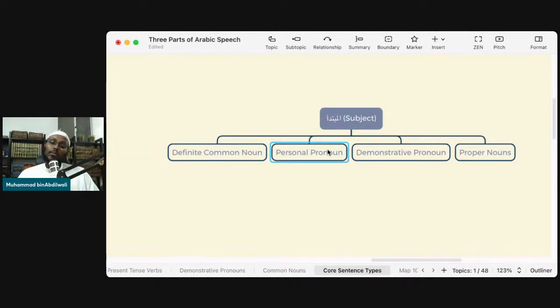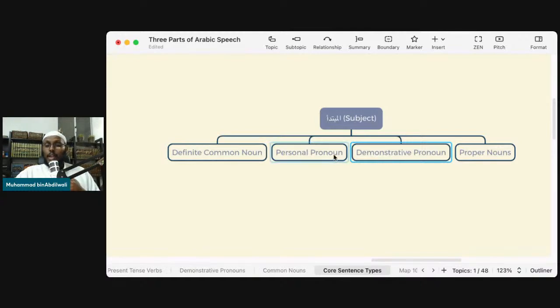You can say ana, you can say anta, you can say huwa, you can say hiya, you can say hum, you can say hunna, you can say antum. You can start your sentence with a personal pronoun. Remember, we said today you're going to learn how to make a sentence, right? Start your sentence with one of these four types of words. All right? You can start your sentence with the personal pronoun, or you can start your sentence with a demonstrative pronoun, which is هذا, هذه, هؤلاء. We've done them. I've sent them to you on the group. You've memorized them. ذلك, تلك, أولئك. You could use those as well.